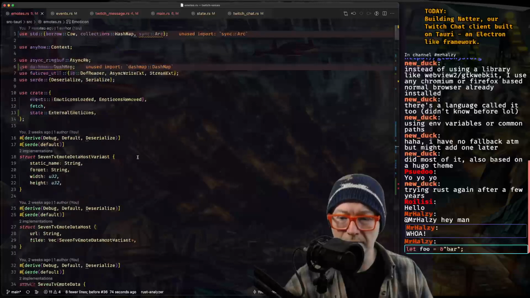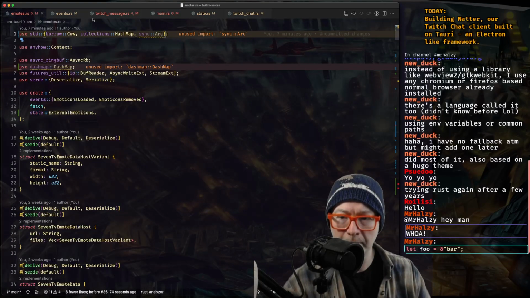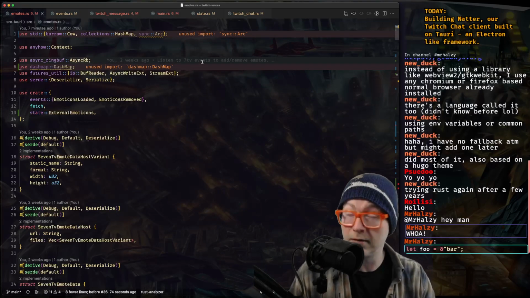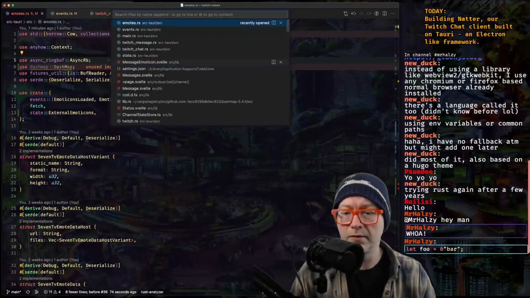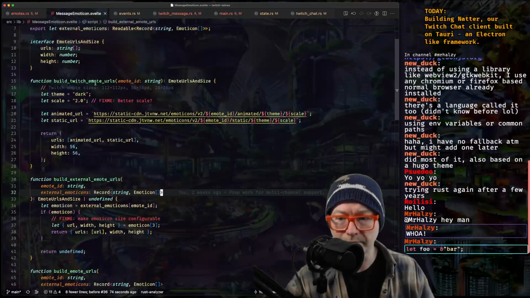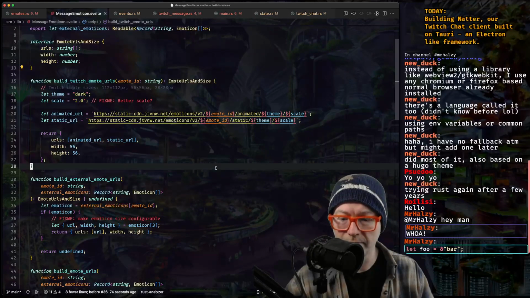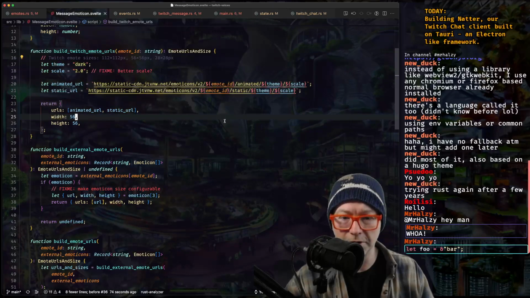Getting the emotes. Fascinating. Let's look in message emotes. Message emoticon. So this is where we were doing the Twitch emotes.